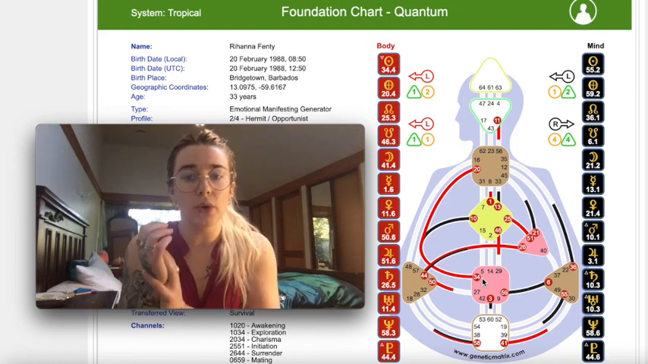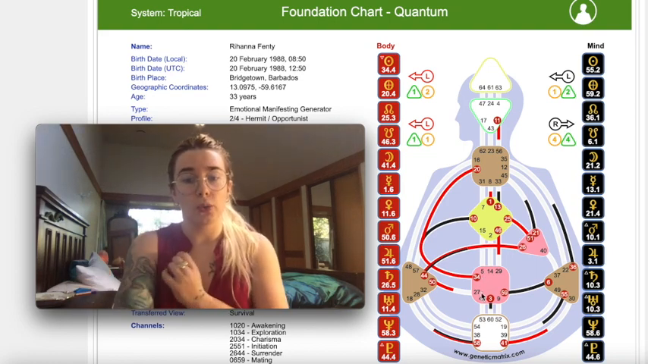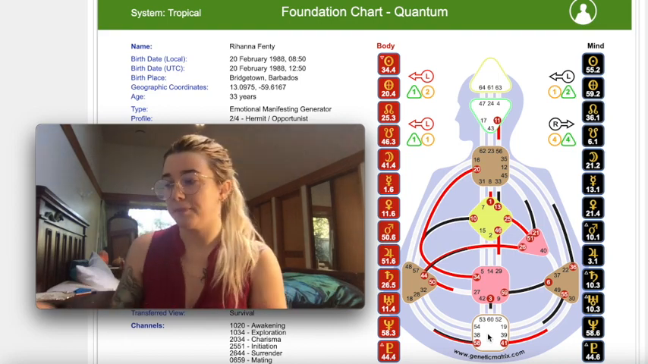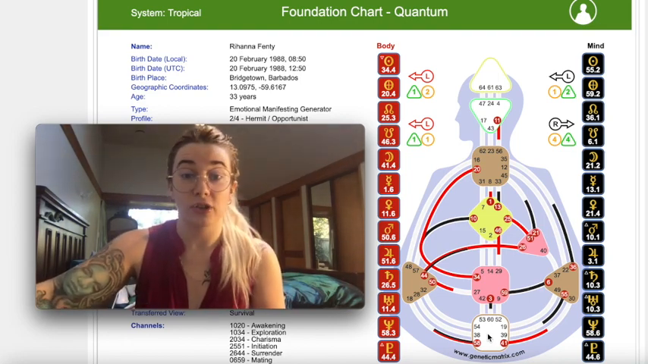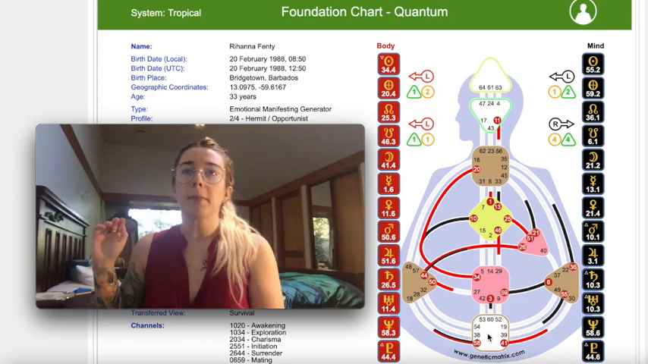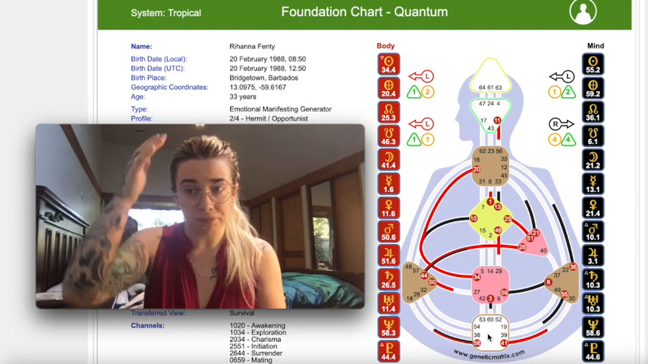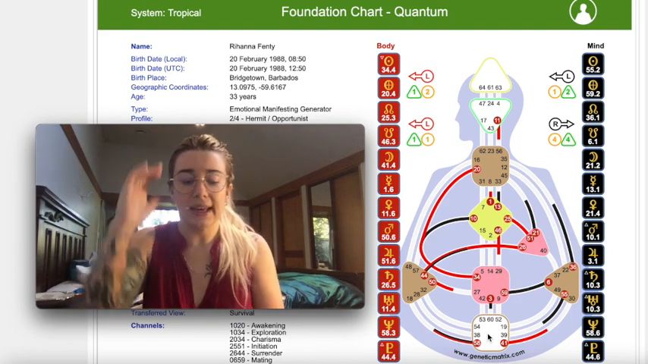Now, she also has an open root center, which is the square down the bottom. So this acts as a pressure center, like the crown. People with open or undefined crown centers tend to